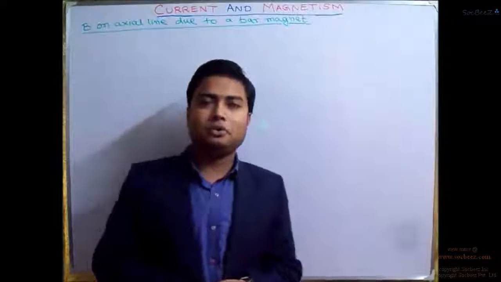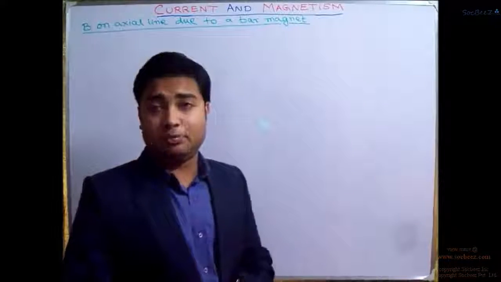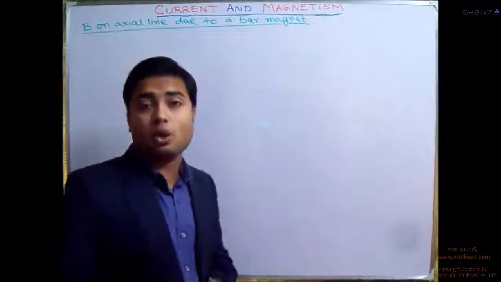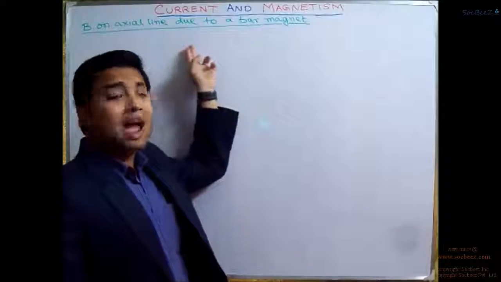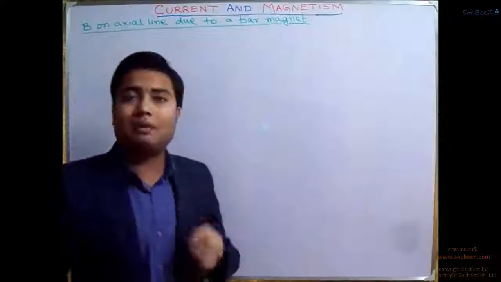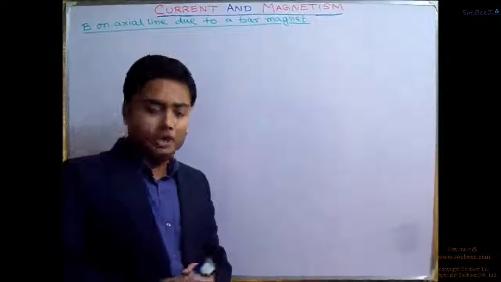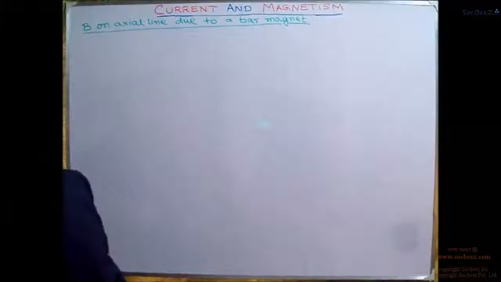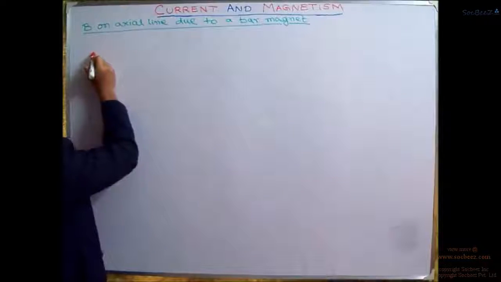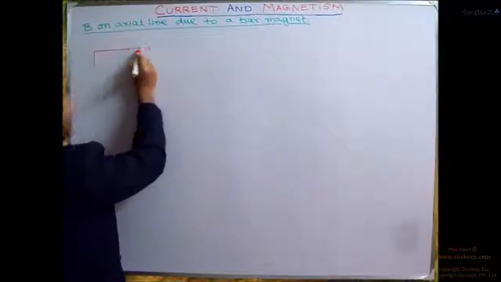Hello and welcome to today's physics lecture, wherein we shall be understanding what would be the value of magnetic flux density on the coaxial line due to a bar magnet, right? So for this, let us draw the diagram that this is a bar magnet,